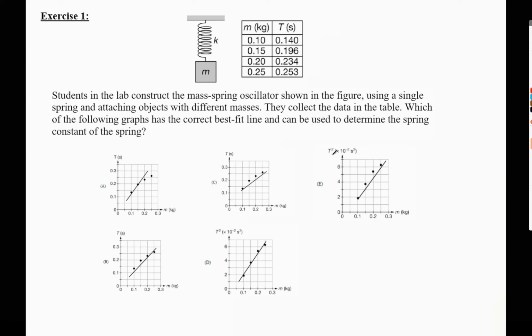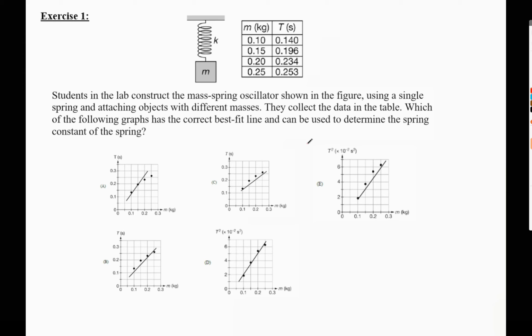In today's video we're going to solve some exercises on what we have explained so far. Now let's start with exercise 1. Students in the lab construct the mass spring oscillator shown in the figure. Using a single spring and attaching objects with different masses, they collect the data in the table. Which of the following graphs has the correct best fit line and can be used to determine the spring constant